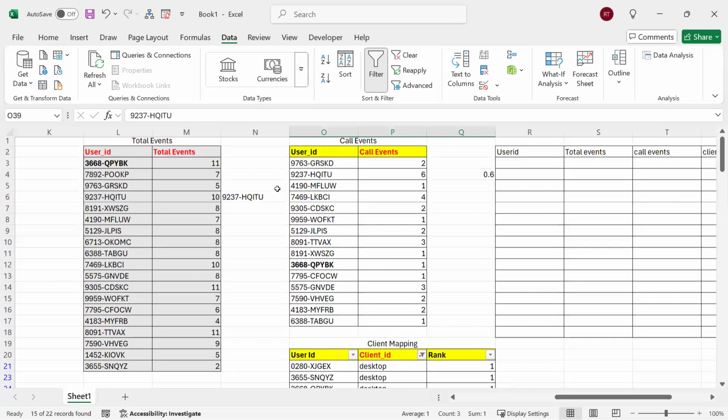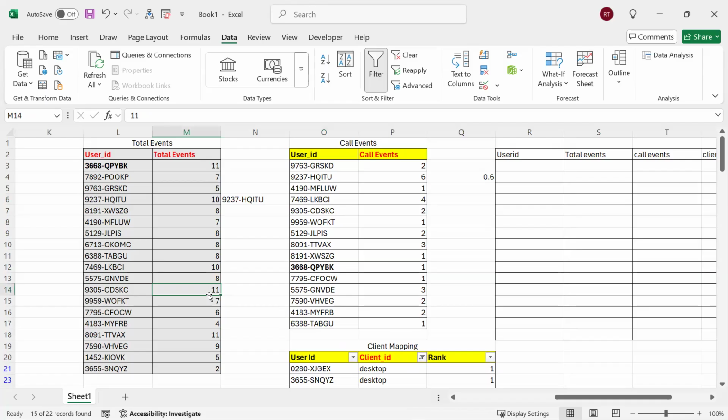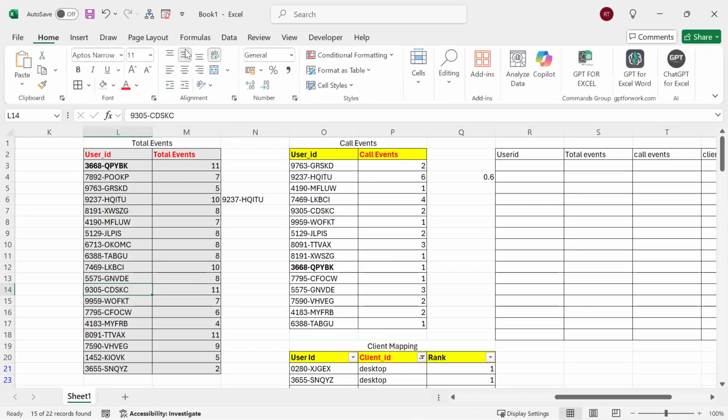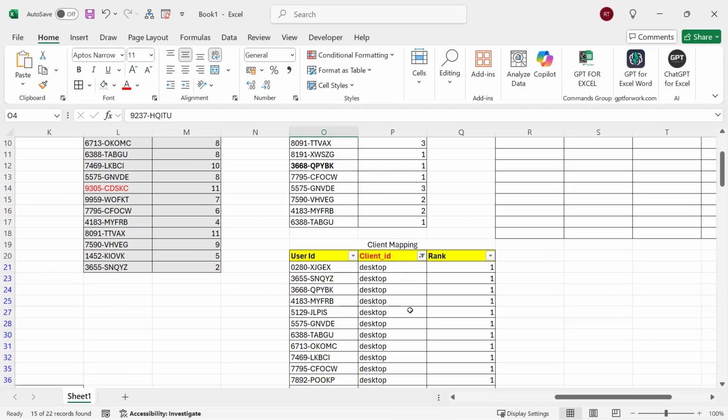राइट? और कोई बंदा हो ही नहीं सकता। ये बंदा उठा दें, चलो इसकी 11 एंट्री है। इसका हमको वहां पे क्या एंट्री मिल रहा है कॉल इवेंट्स में? इसका कॉल इवेंट 9305, दो ही है, 2/11 इज लेस देन 50%, है ना। और कोई उठाते हैं, ये 11 है, 3668, इसका एक ही एंट्री है, ये भी 50% से कम है। और कौन सा उठाना है बताओ। ये उठाते हैं 8091, तीन है, 3/11 इज अगेन लेस देन 50%, राइट। तुम सारे चेक करोगे, तुम्हें कोई बंदा नहीं मिलेगा, यही बंदा है जो कि 50% के ऊपर है, और इसका फेवरेट क्लाइंट आईडी डेस्कटॉप है।